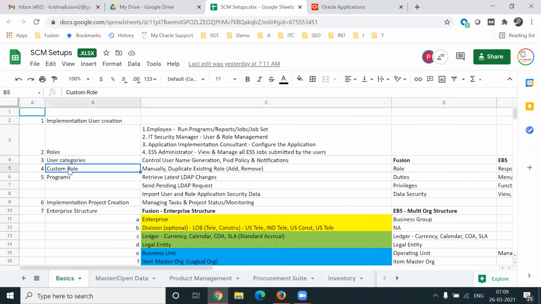So we are done with the fourth concept yesterday, that is creating roles, duplicating the existing roles and manually creating the roles. Fourth concept, I'm done with that. And then the fifth concept is